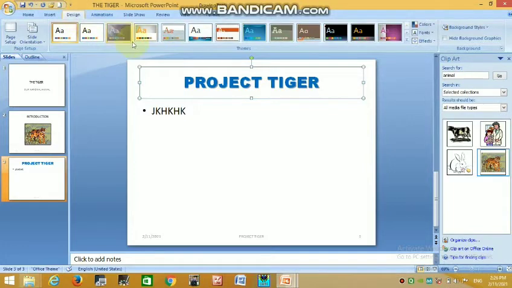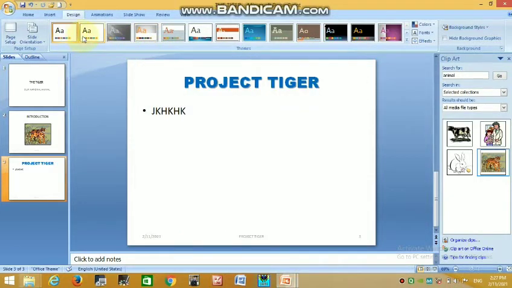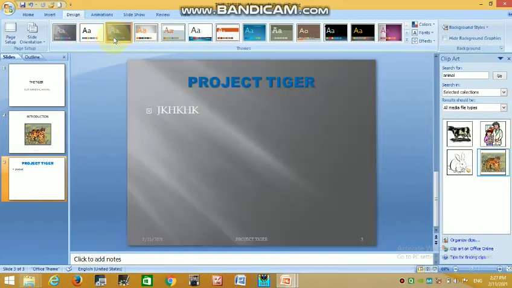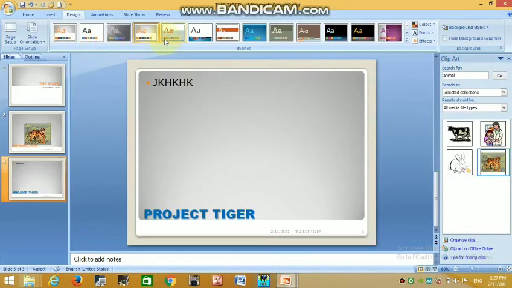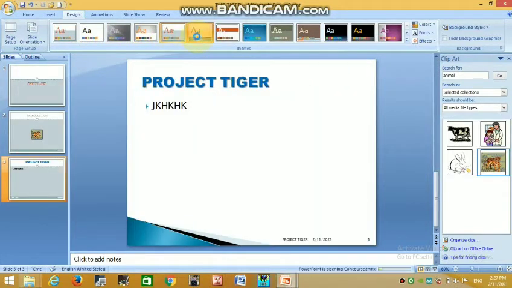Now in the Design tab there is a theme group. When you click on a particular theme, you can see the background of your slide according to your theme.